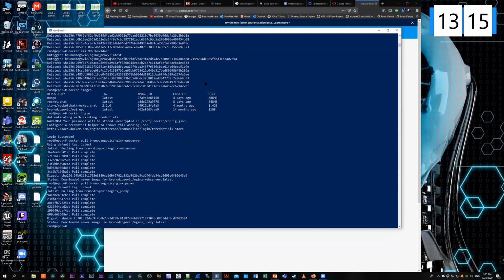So to make it simpler, let's try to run the web server. To run the web server, I can type docker run, minus interactive mode and daemonized mode, let's say, and I can put a name to the container, minus name, or just a space.